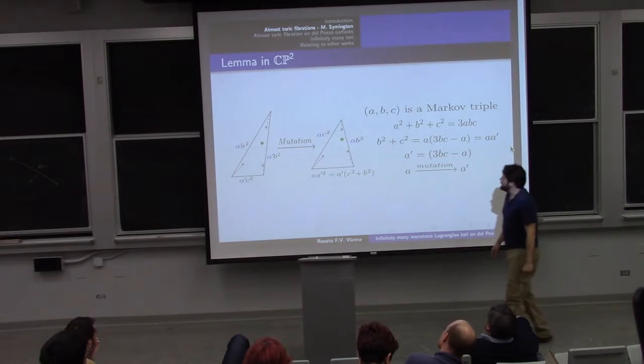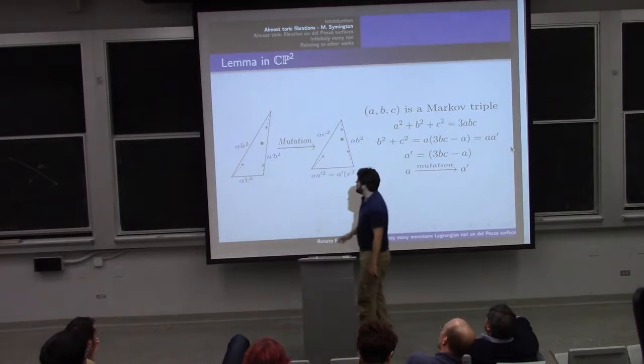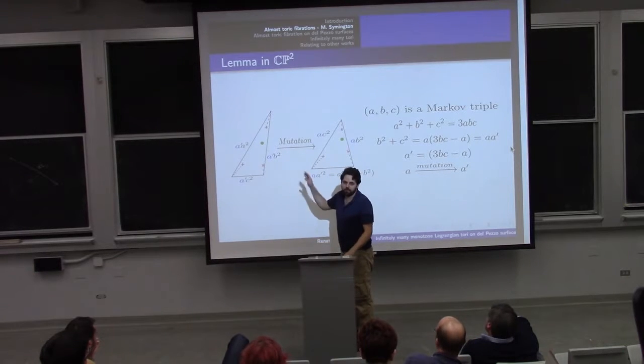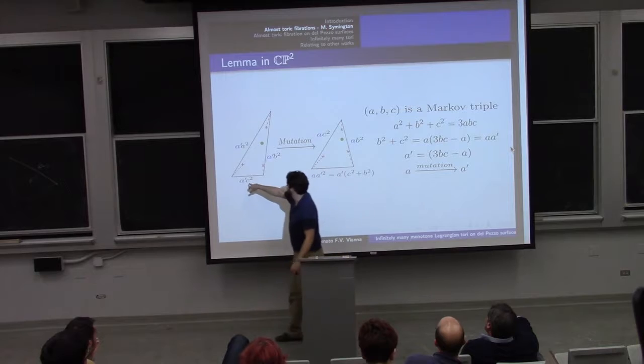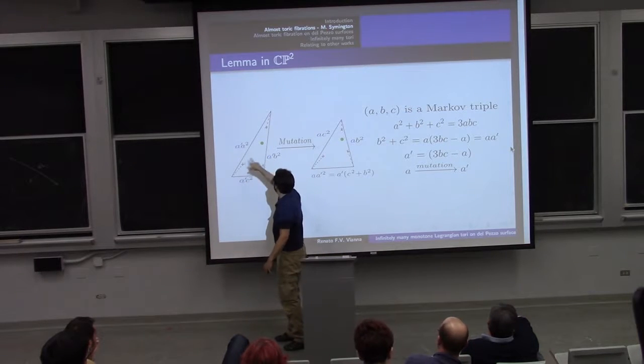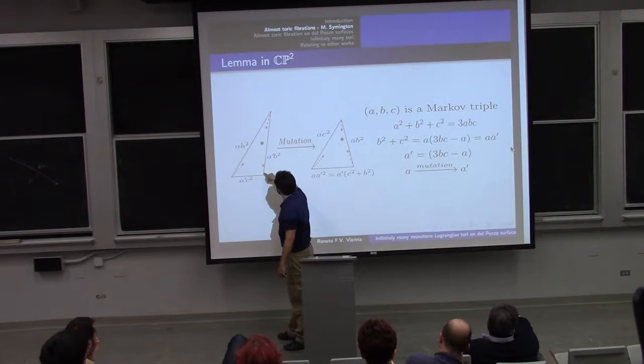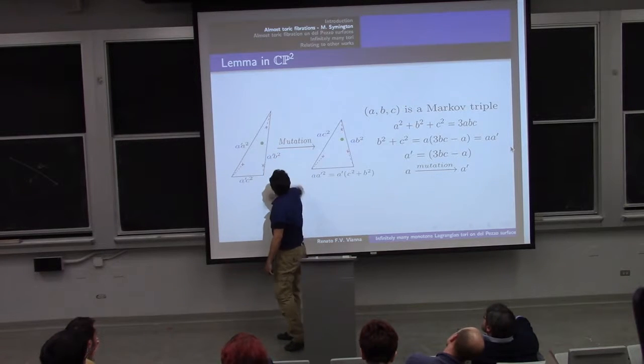And the lemma is that up to rescaling my symplectic form, which means multiplying the size of the edge by this constant here, when I do a mutation on these almost toric diagrams,